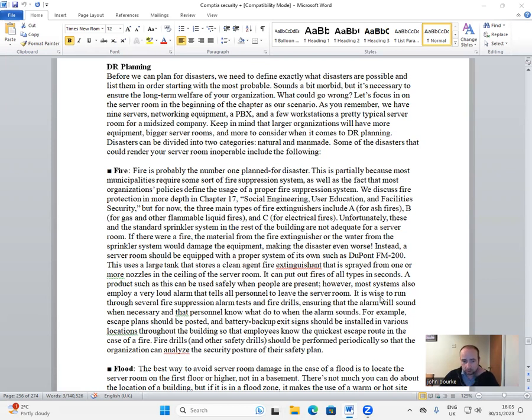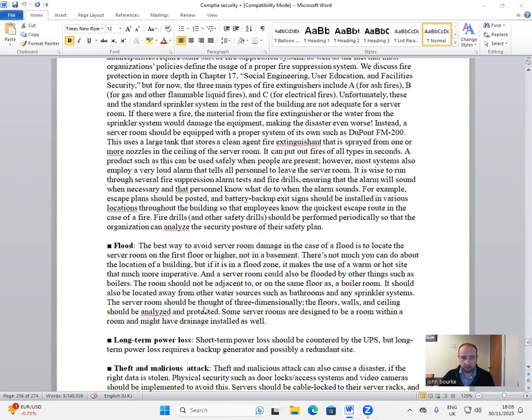It is wise to run through several fire suppression alarm tests and fire drills, ensuring that the alarm will sound when necessary and that personnel know what to do when the alarm sounds. For example, escape plans should be posted and battery backup exit signs should be installed in various locations throughout the building so that employees know the quickest escape route in case of a fire. Fire drills and other safety drills should be performed periodically so that the organization can analyze the security posture of